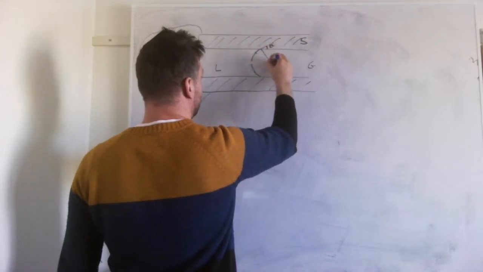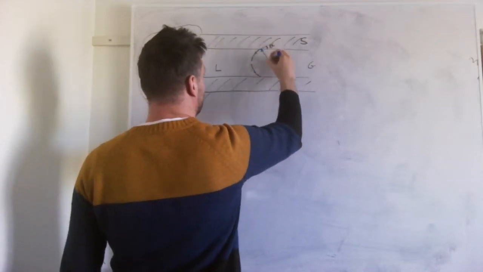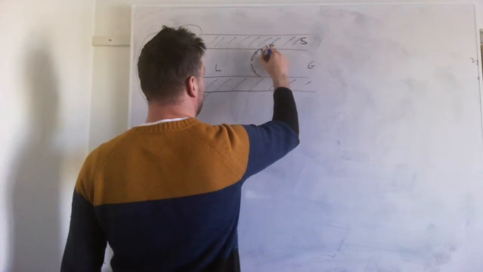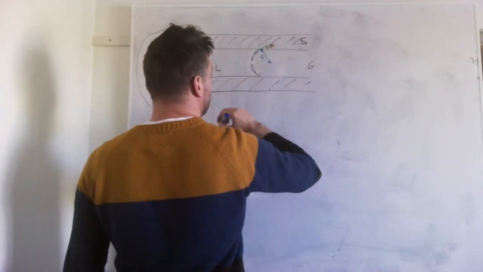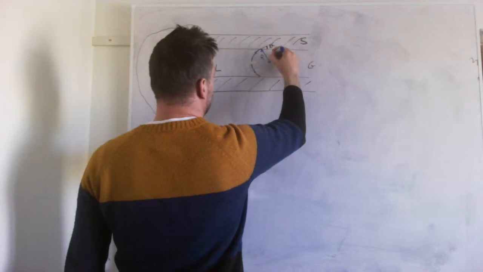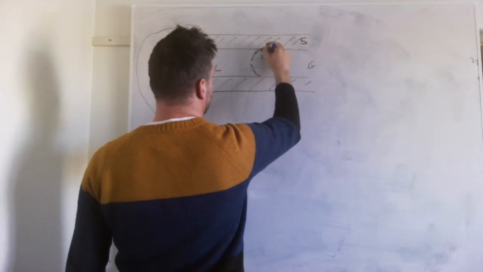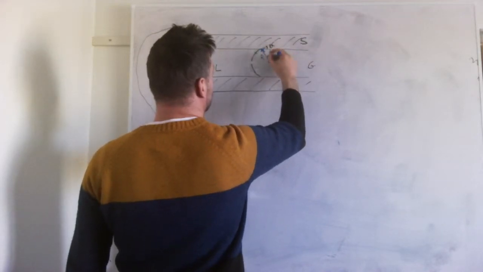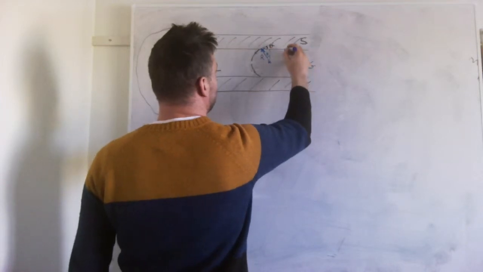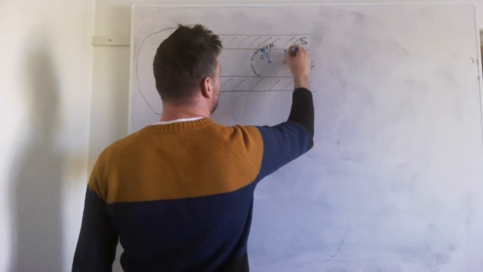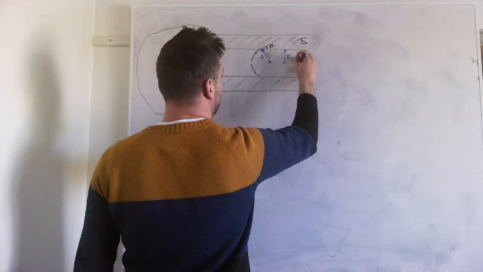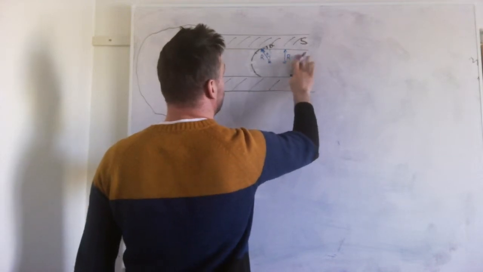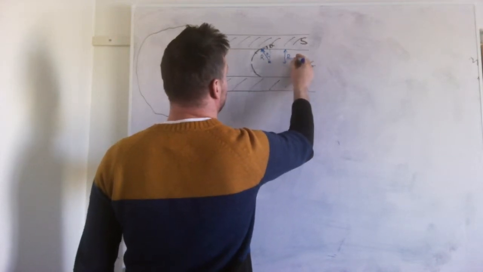This is the radius of my sphere, r. And because this is a straight angle, this is also theta here. And if I call this here r tube, or r cap,